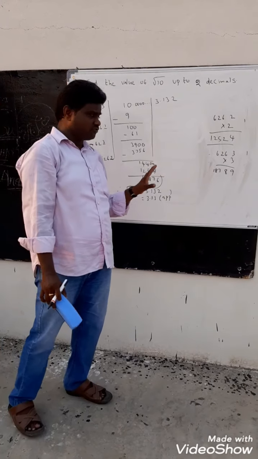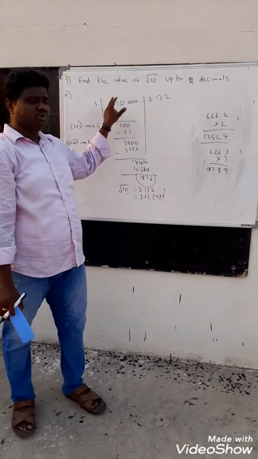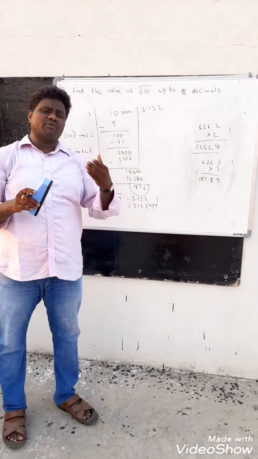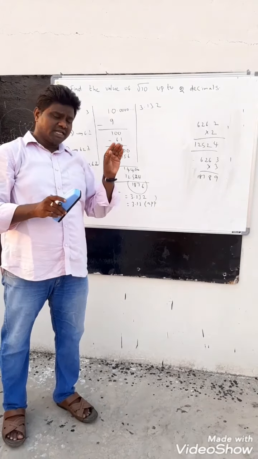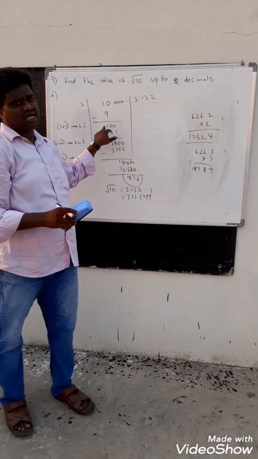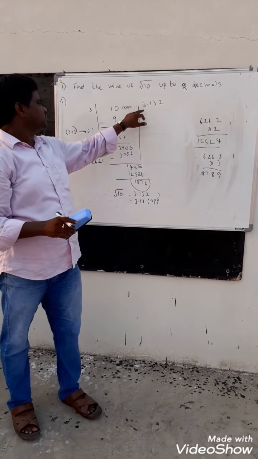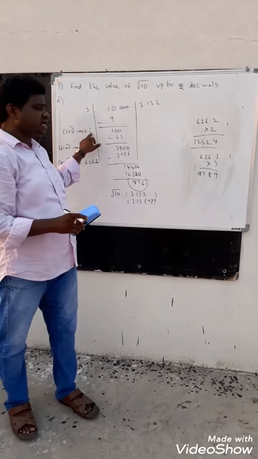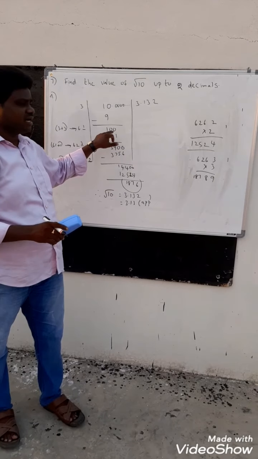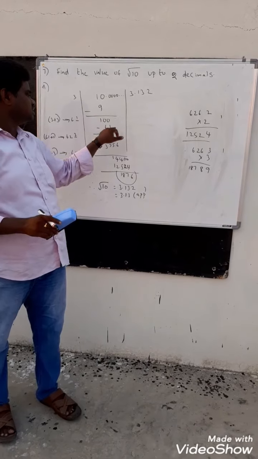So children, see carefully. Again, to find the value of root 10, first you write 10 as 10.000. The perfect square nearest to 10 is 9. That means 3 3s are 9. 10 minus 9, 1. You have to keep 2 zeros. Next the divisor will be 3 plus 3, 6. Beside that 6, you have to place one digit, and if you multiply with that only, you will get 100. So it is not possible. But the nearest number is 61, that is 61 into 1, 61.